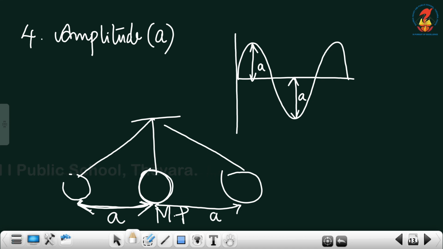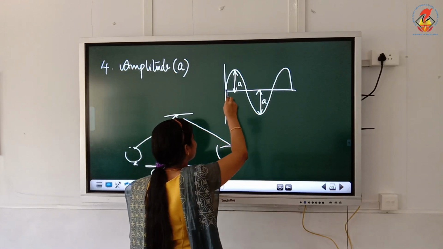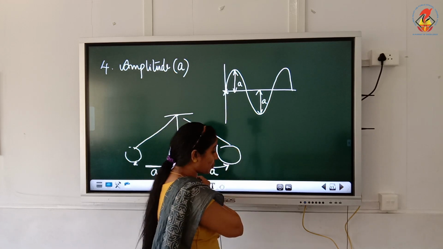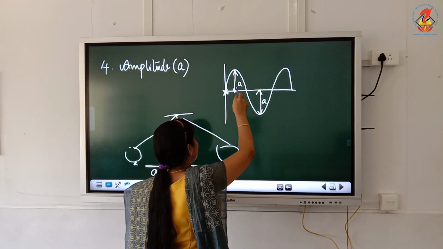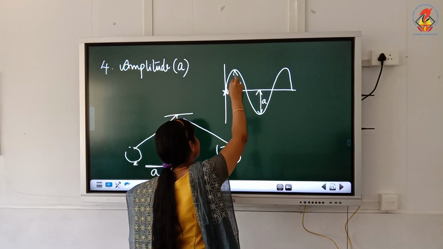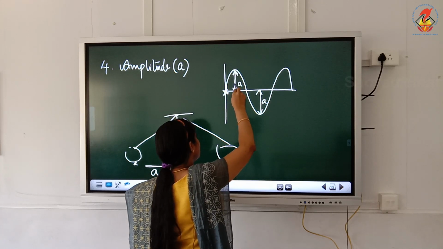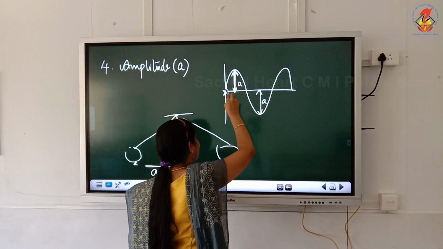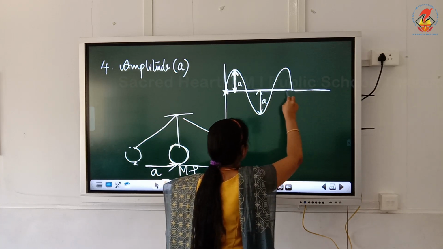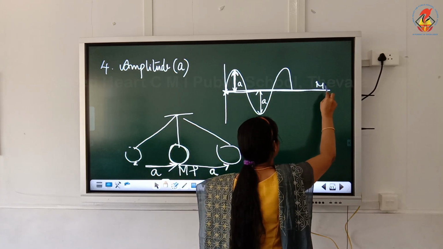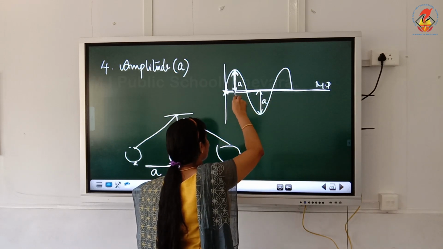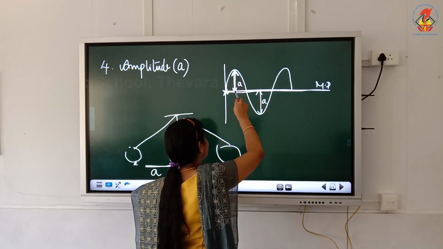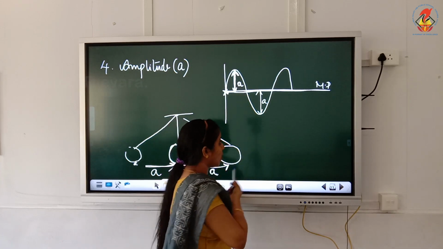The maximum distance the pendulum goes from the mean position, that is called amplitude. So, this is the mean position of the particle of a sound wave. The particle vibrated in an upward manner to so much distance. So, this displacement of the particle from the mean position is called the amplitude, or